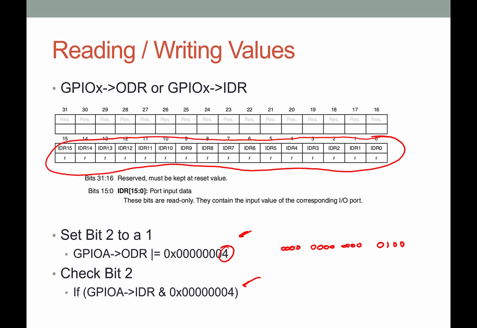Excuse me, all the rest are 0s. So we have this going in. That is setting bit 2 as a 1. So that's right there for that GPIO